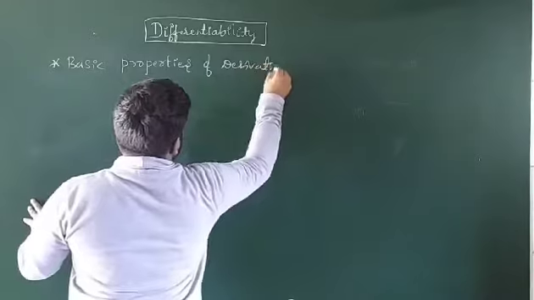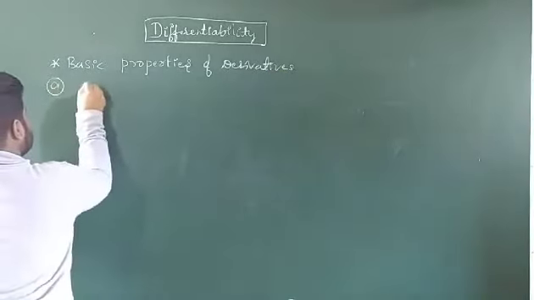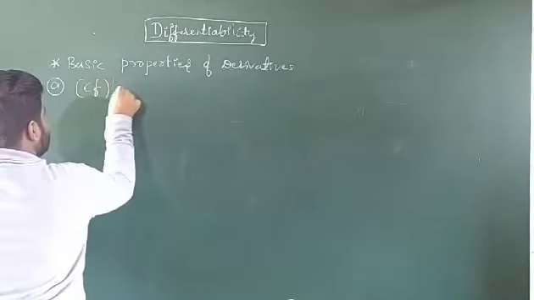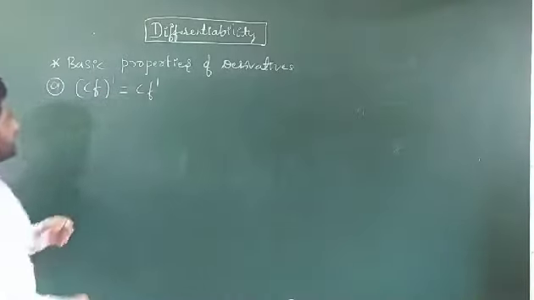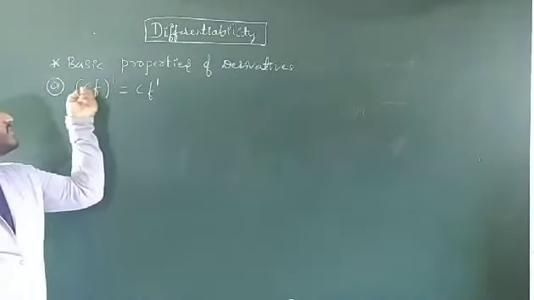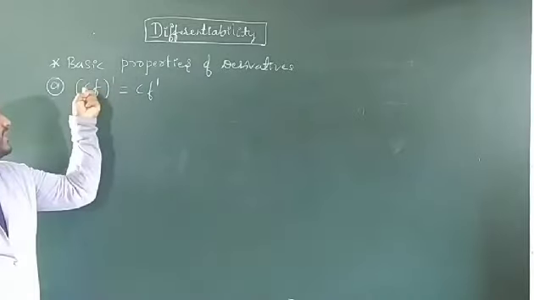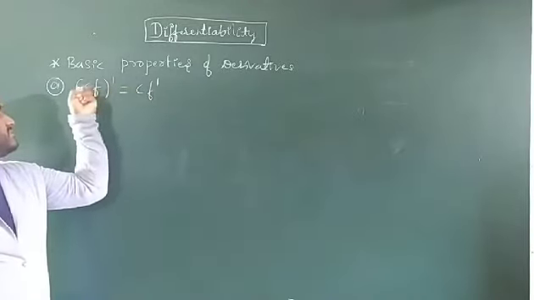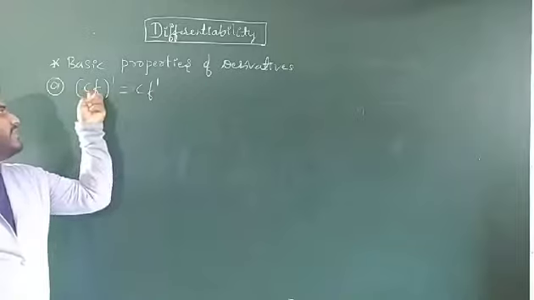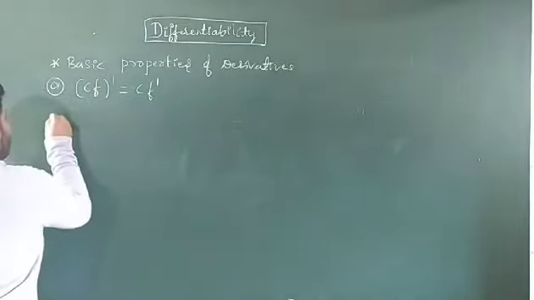Basic properties of derivatives. Okay, first property, that is nothing but c into f whole dash equal to c into f dash. So this indicates when we take the derivative of any constant with a function, you get the c as it is, that means the constant as it is, and differentiation of the function f. So this is the first property. Second property